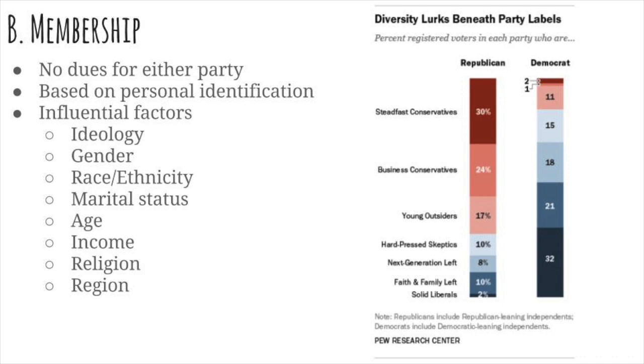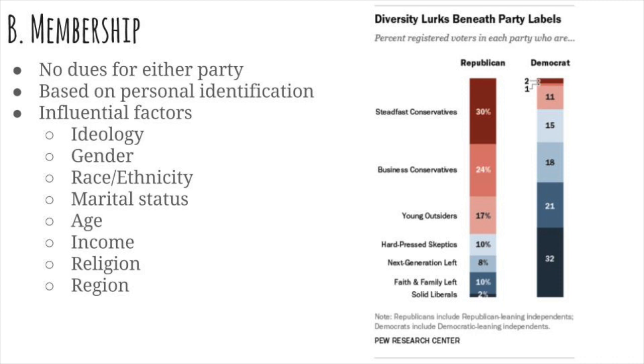Generally a more conservative ideology is aligned with the Republican Party, whereas a more liberal ideology is associated with the Democratic Party. It used to be that wasn't always the case though. You had some very conservative Democrats and some pretty liberal Republicans. We've also found that gender tends to skew towards Democrats if you're female. Race and ethnicity tends to be that ethnic minorities tend to skew toward Democrats. Married people tend to skew toward Republicans. Older people tend to skew towards the Republicans. Younger people skew towards the Democrats.